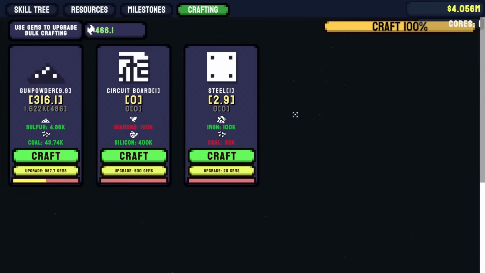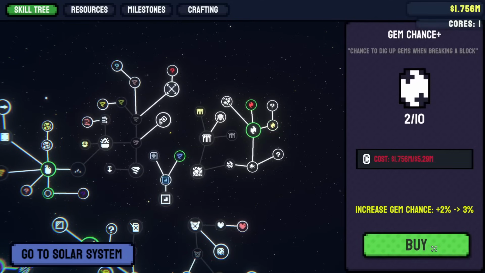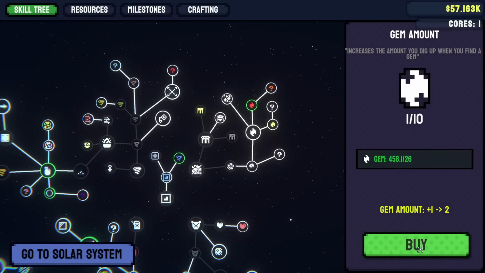987. So steel is not a problem. Circuit boards are not a problem either. But now we're actually making some gunpowder, baby. Now we're cooking. Oh, I spent my money on that. That's fine. Oh, I spent my money on that. That's fine. So now we get more gems